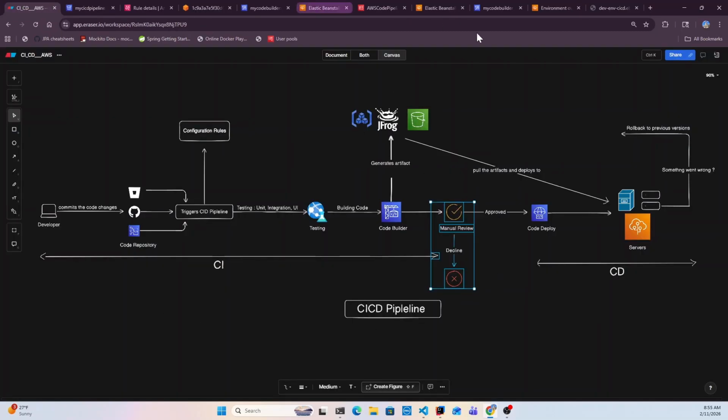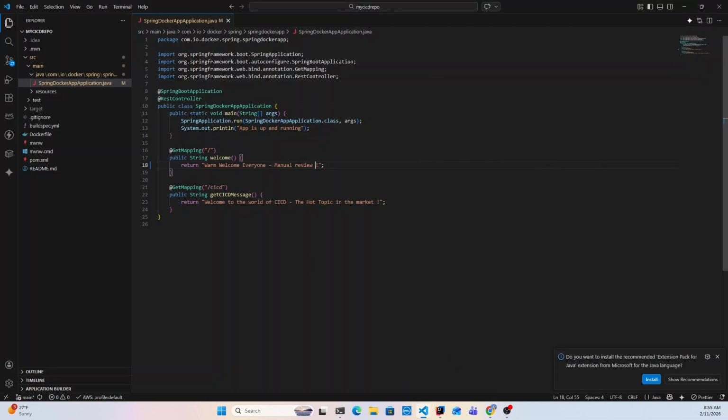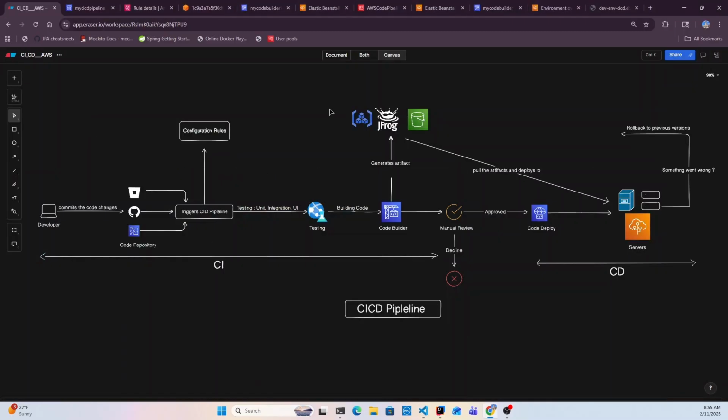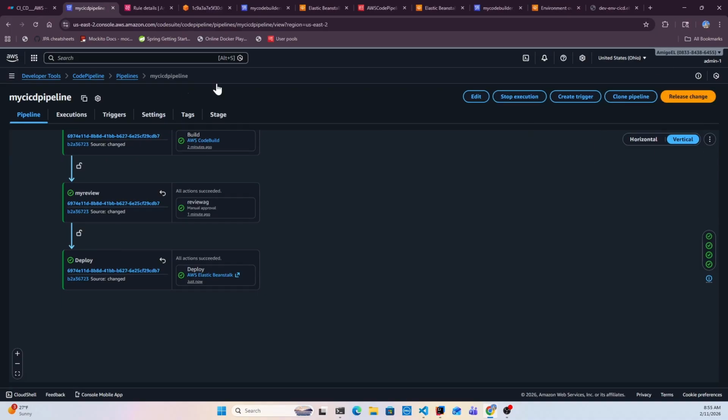All right. So the one thing that we haven't done is this rollback. And let's do that. For example, I wrote a manual review, right? But I want to undo that. I just want to stick with the previous one, right? So this is where we can use some rollback feature. For example, let me go back